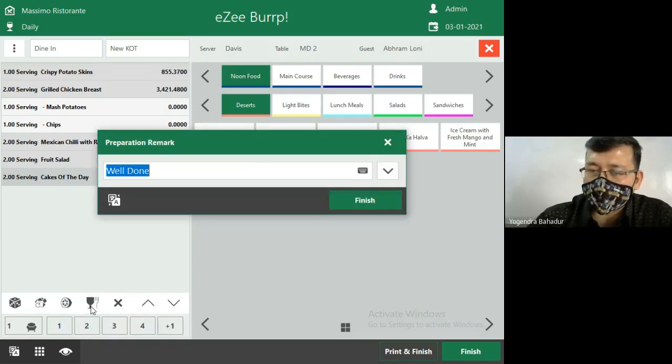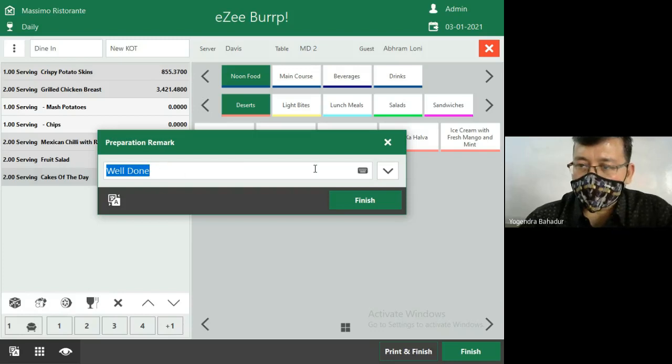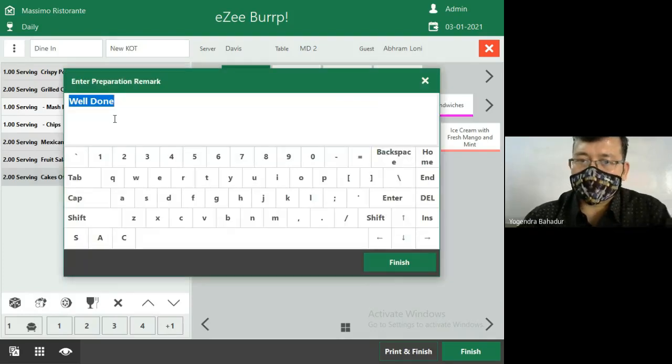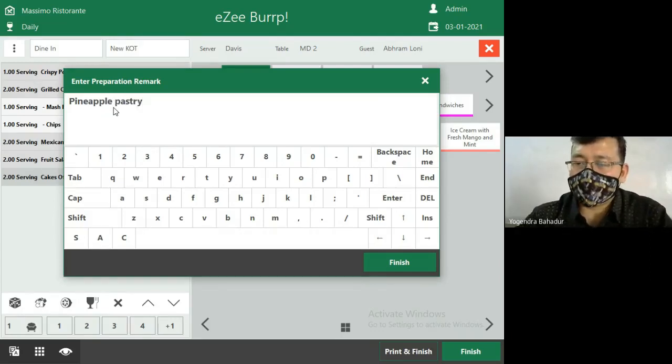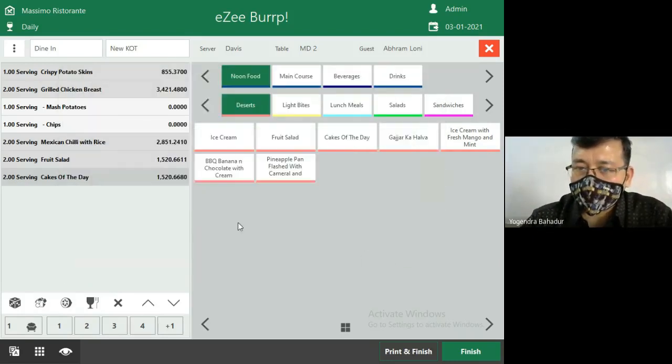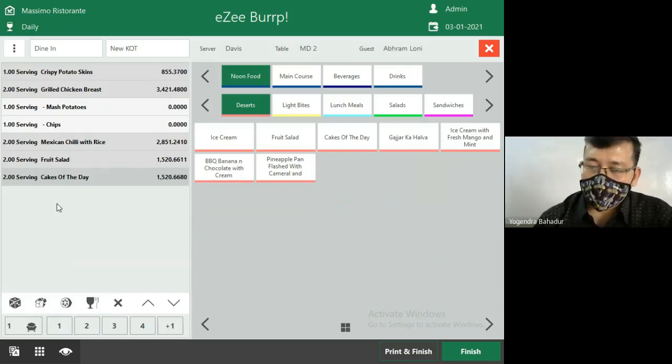The moment you select preparation, it is about the flavor. So we will type pineapple, as the guest wants to have pineapple pastry. Then we will finish.